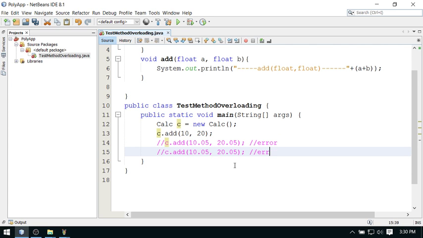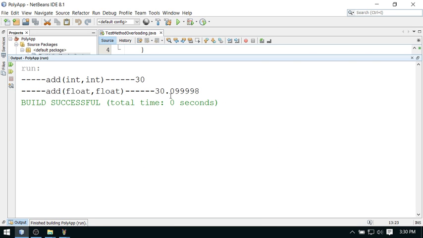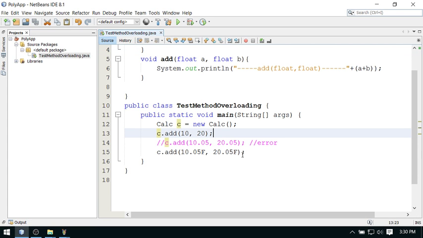When you write here, just a minute, when you write here float, you can make it float. This is a float literal. You can use capital F or small f, both are correct. So you can see the result here. So this is the way. Now let's talk about